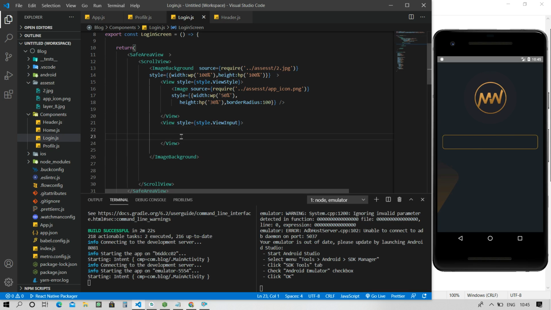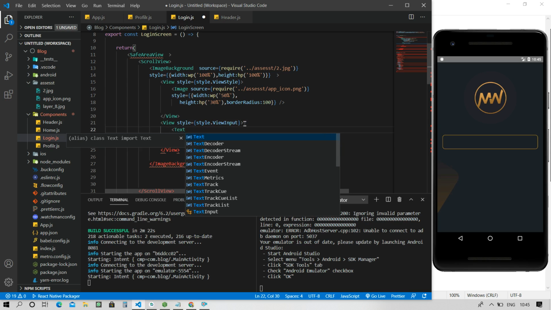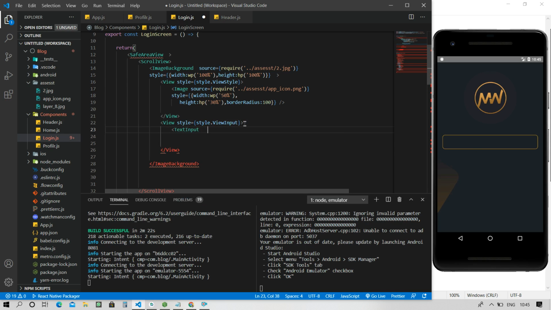Now I am going here and using a TextInput, doing a self close here. And now I am giving it a placeholder value. The placeholder value is Enter your email. Now I am going to set the placeholder text color.